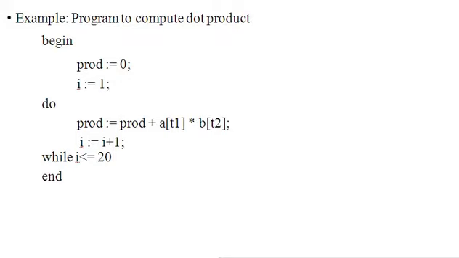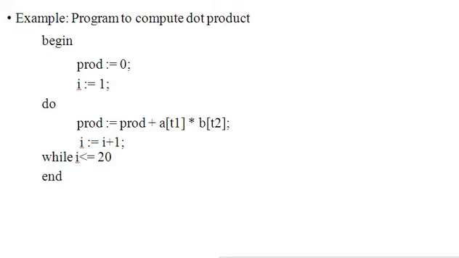Then end. While the value of I is less than or equal to 20, the do while is repeated. So the 3 address code